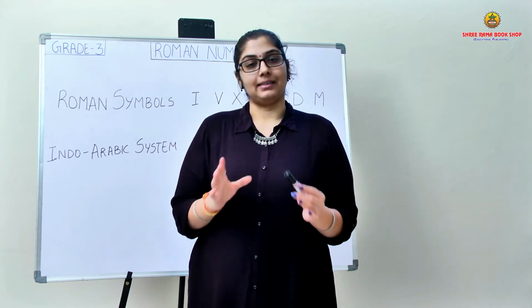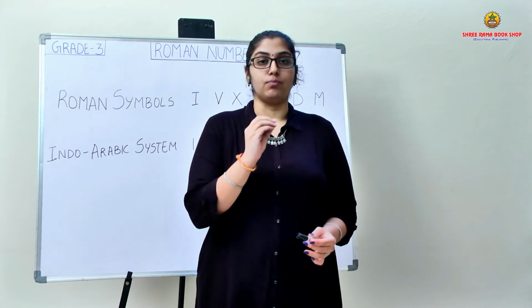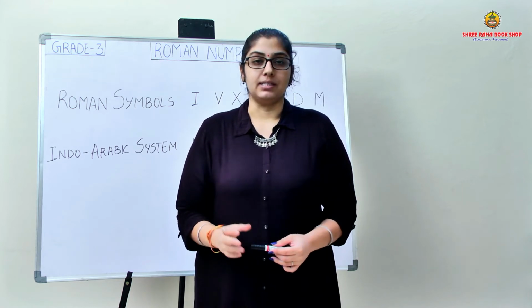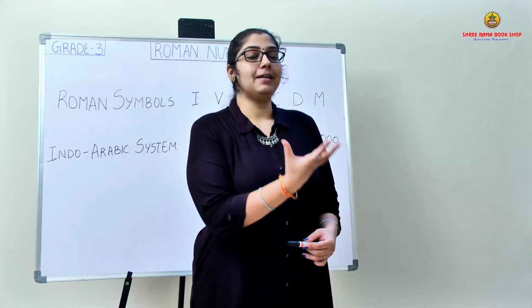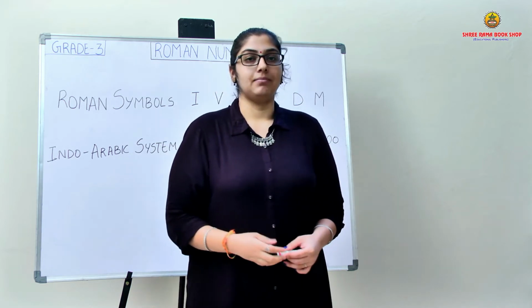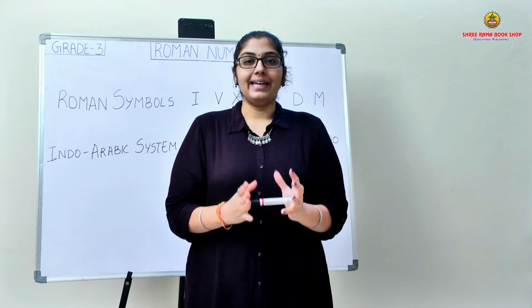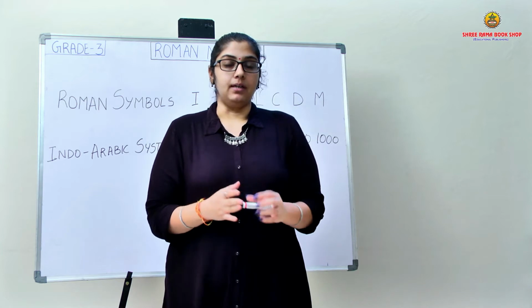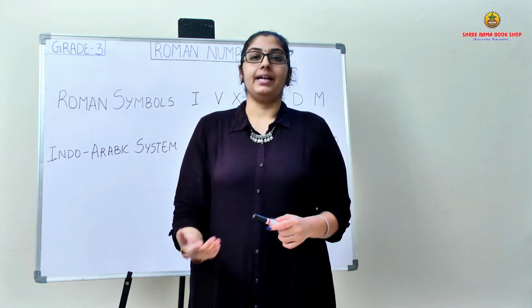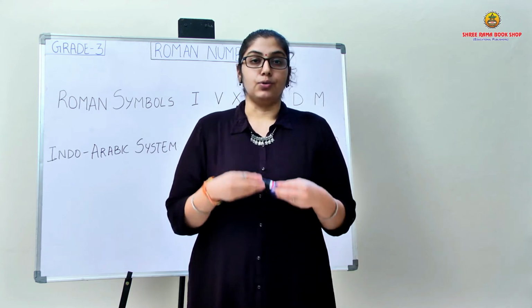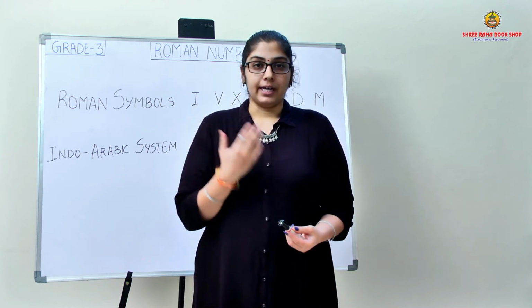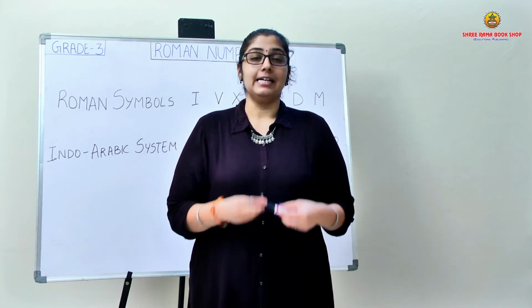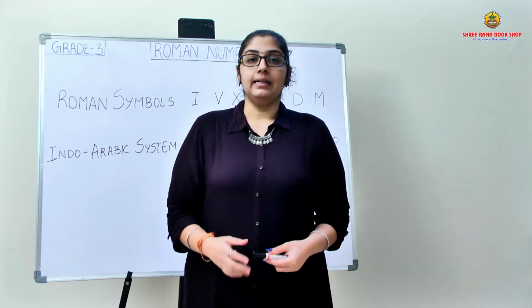Indian numbers are nothing but the numbers which we are using from 0 to 9. All the digits from 0 to 9 are Indian numbers. We place them in decimal numbers or the Indian place value chart. But our Indian numbers were taken by Arab people to their countries, and they made our Indian numbers known throughout the world. So after Indians, the Arabs joined our number usage, and we now call those numbers Indo-Arabic numbers.